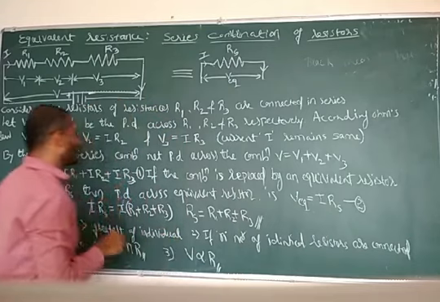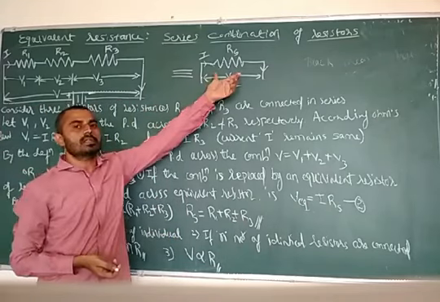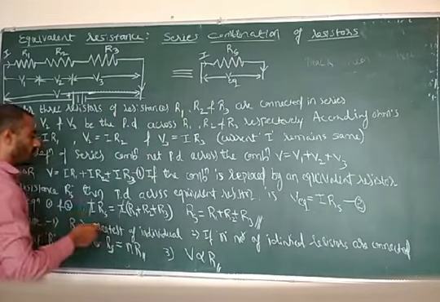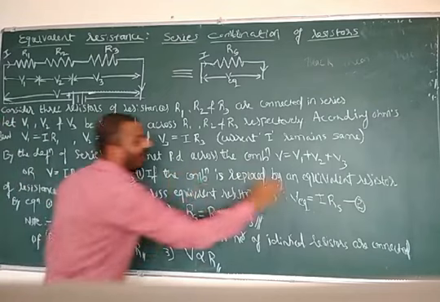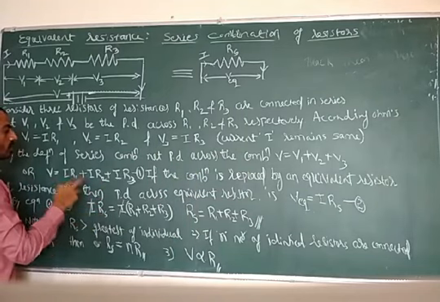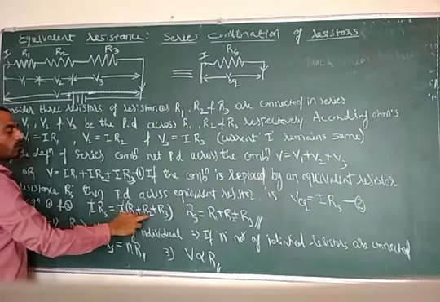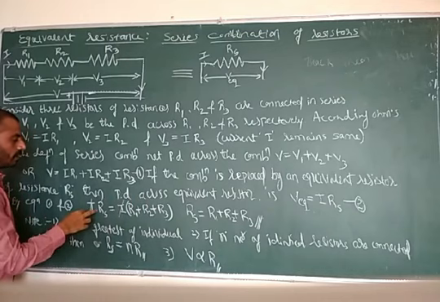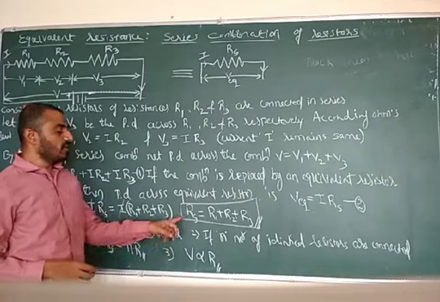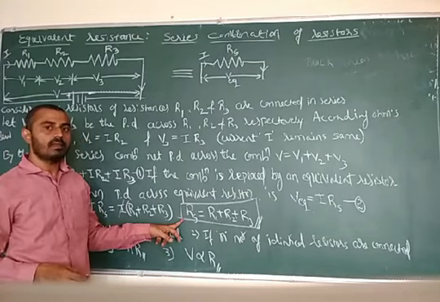Now I am comparing equations 1 and 2, because I already told you the job of Rs, which offers the same opposition as that of the combination. You can compare equations 1 and 2. V equivalent, I into Rs, is equal to the sum of the group of resistors, I into (R1 plus R2 plus R3). Finally, we will get an expression for the equivalent resistance or effective resistance of three resistors connected in series.